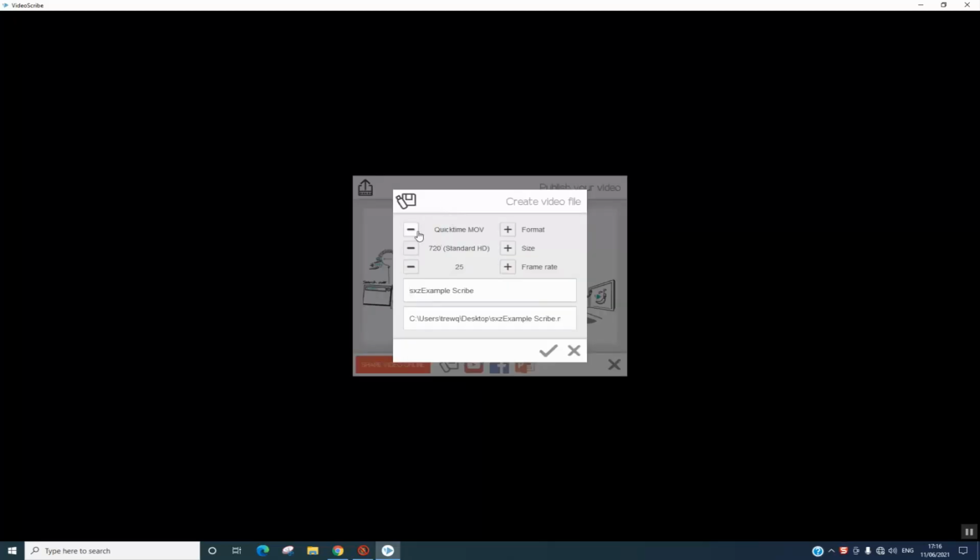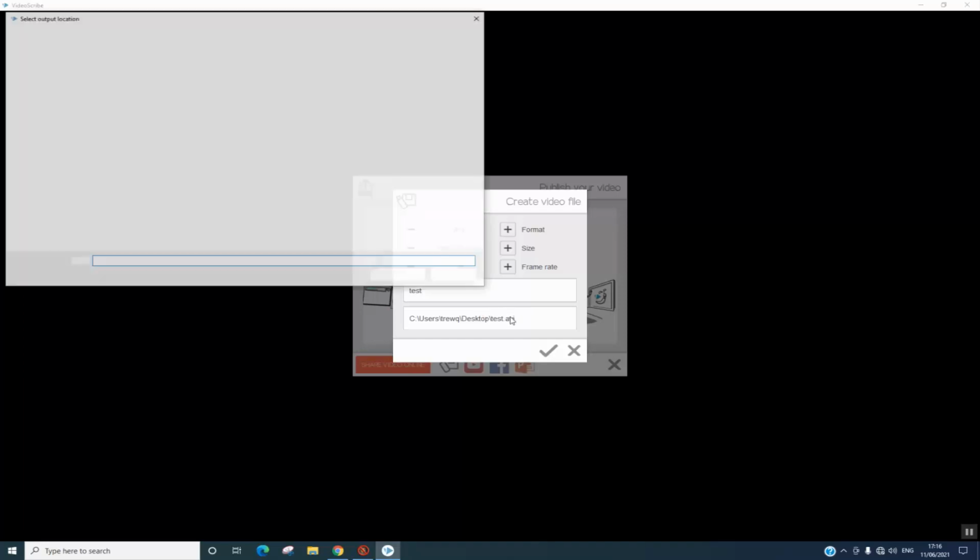and here you have different options. By clicking on the minus, you can change the format of your video from a sequence of JPG pictures to PNG sequence to this option also. But personally, I choose Windows WMV or the previous one. Next, we will raise the size to 1080 to have full HD, and frame rate, you can increase it for better rendering. You can rename your file,